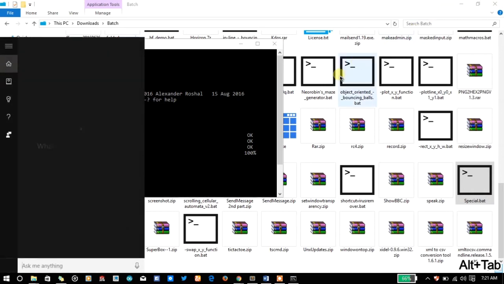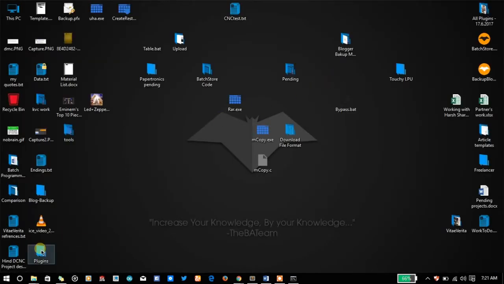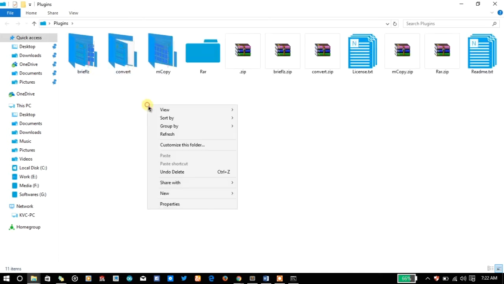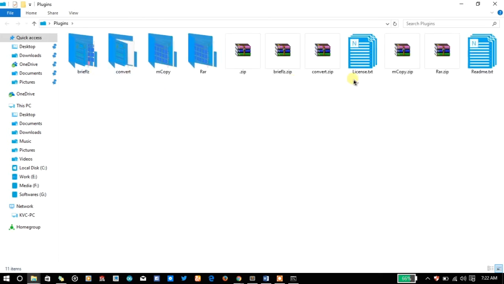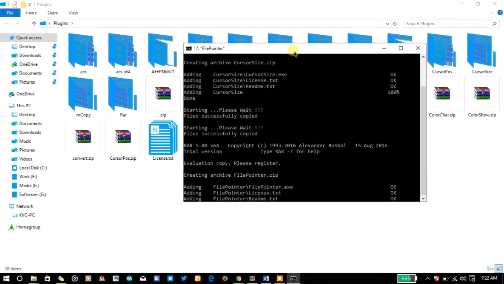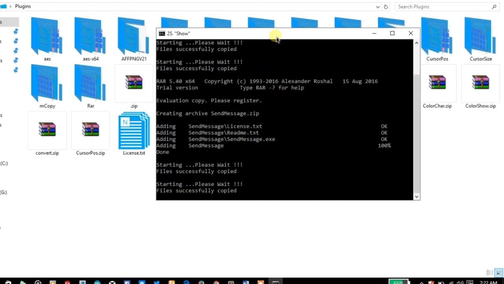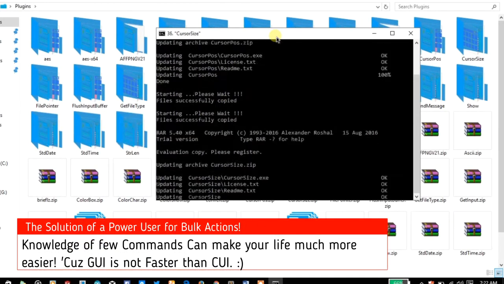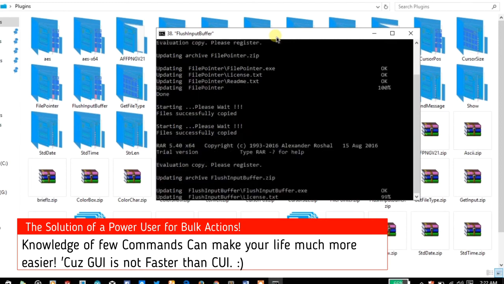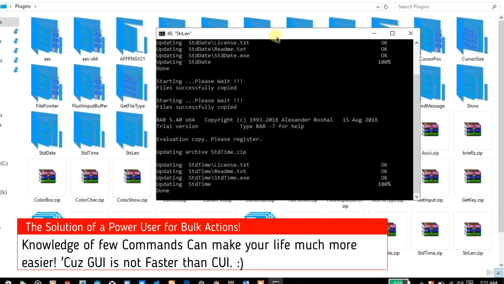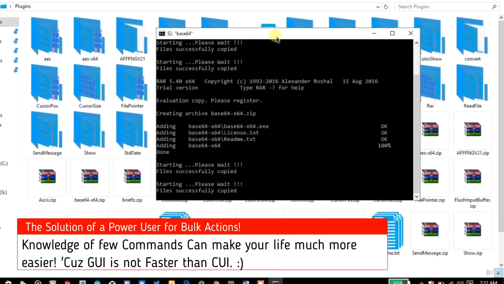As it is creating here, the files are getting created, convert.exe, and everything is getting created automatically. We don't need to do anything extra. So this is the benefit and power of using batch. You can do a lot of bulk stuff in just a matter of minutes, and without